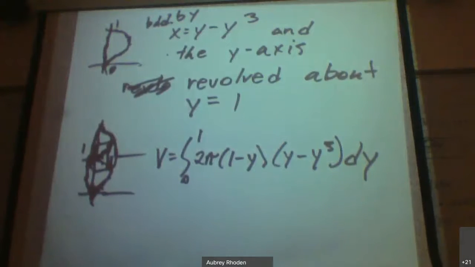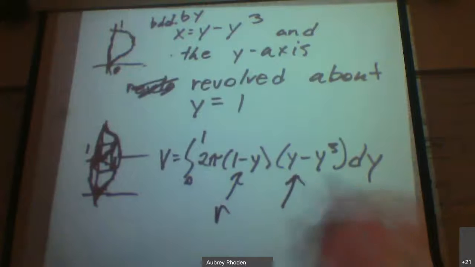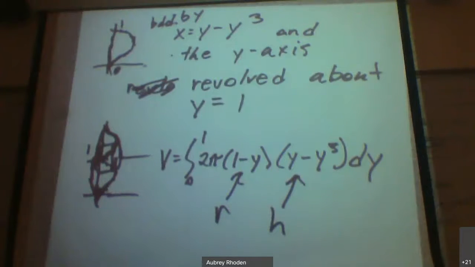So that's your R, and that's your H. Okay. If it was about the line y, which equals 2, what would it be? Your radius would be 2 minus y, and that's what would be manipulated. Okay. So I'm not going to work this one fully out. It's just a bunch of power rules. It's not that bad. Turns into a bunch of fractions, but this is the formulation of that problem. The formulation of the problem is the hardest